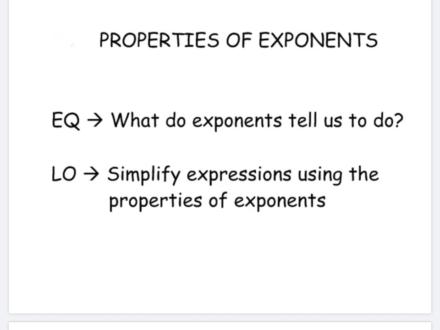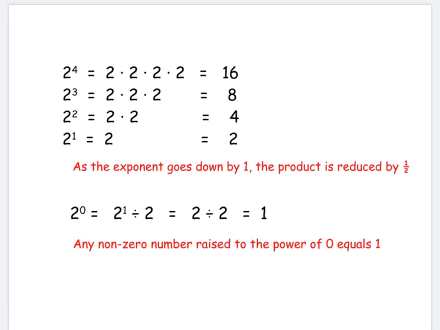This lesson is going to look at the basic properties of exponents. So looking at the properties of exponents, we know that an exponent has two parts. The first part of the exponent is the base, or the big number, and then the power, or what you commonly think of as the exponent, is a little number, and that tells you how many times to multiply that